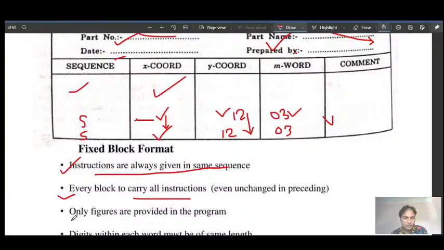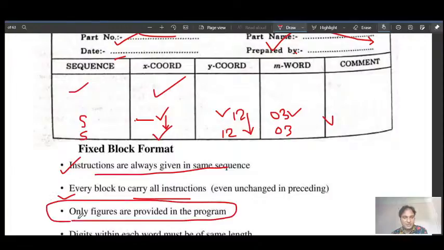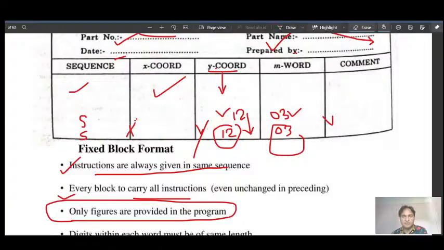Okay. So only figures are provided in the program. As you can see, only numbers are provided, because the y coordinate is already at the top and its position is fixed. So we don't need to write y or x here. We have to simply write the x coordinate value.